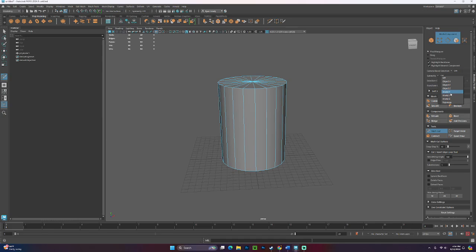I'm going to turn on object Y. There we go. I can just insert in some edge loops,